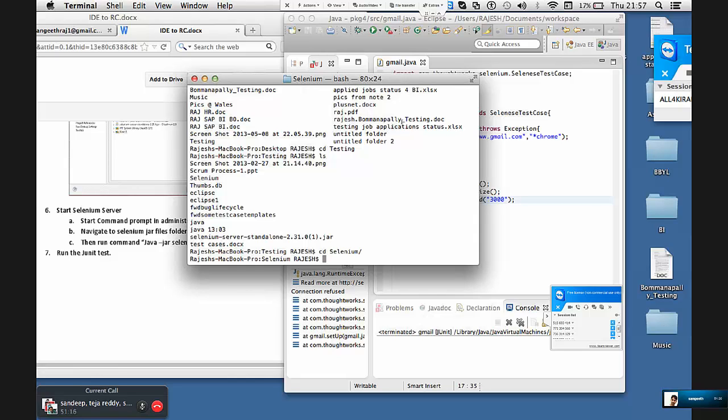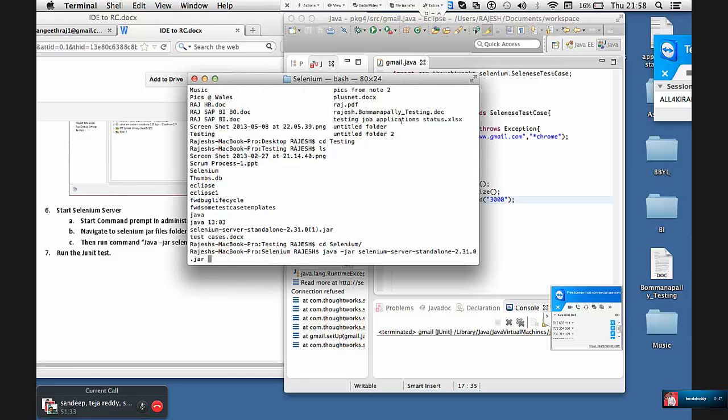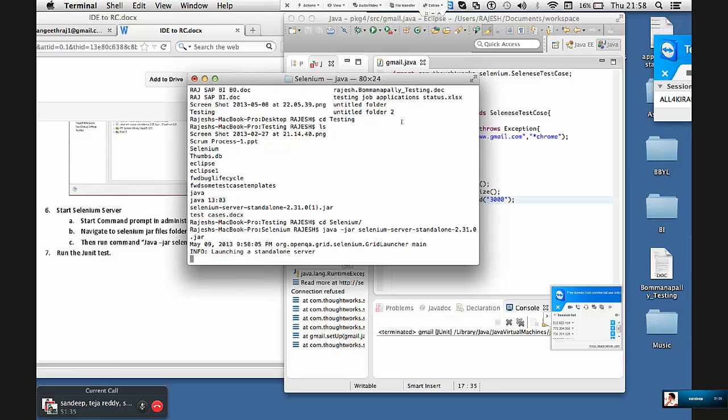Now you can start the server. Java minus jar, Java space minus jar space SEL tab, yes again tab, enter. Your server is being started.